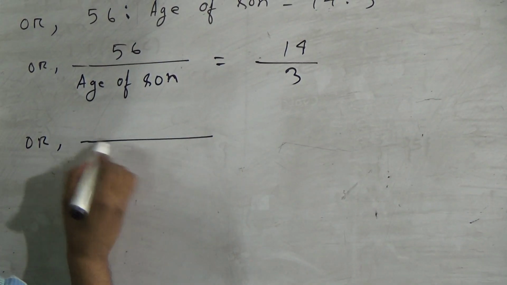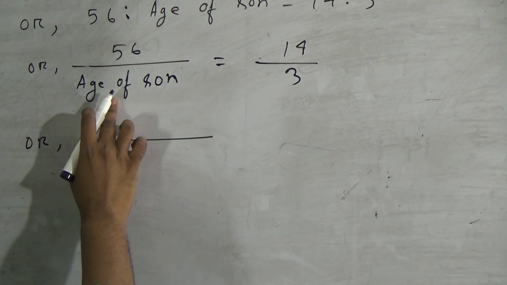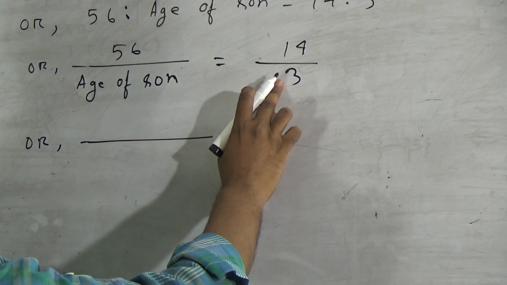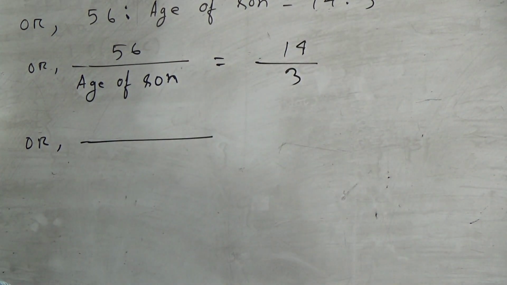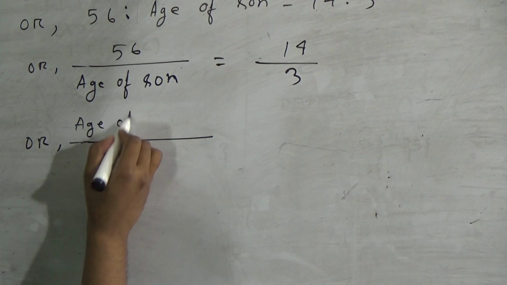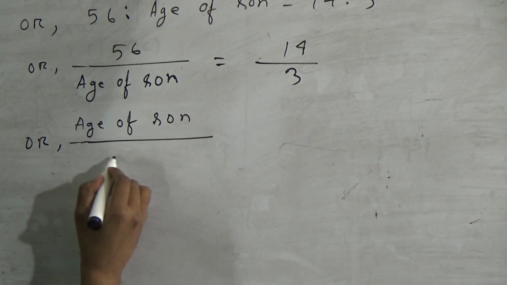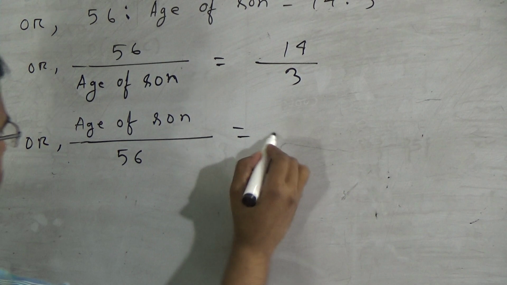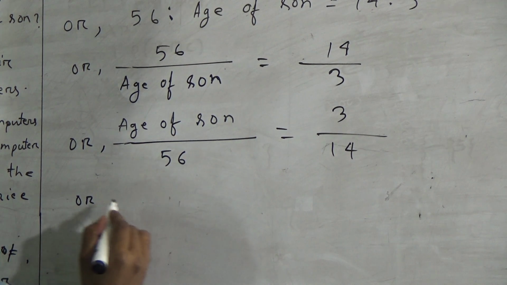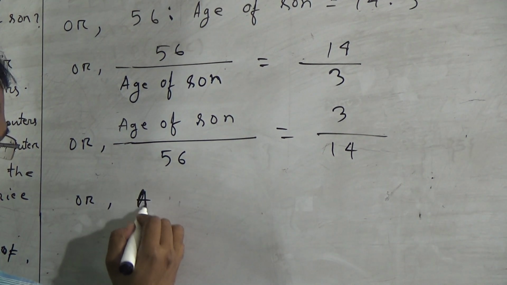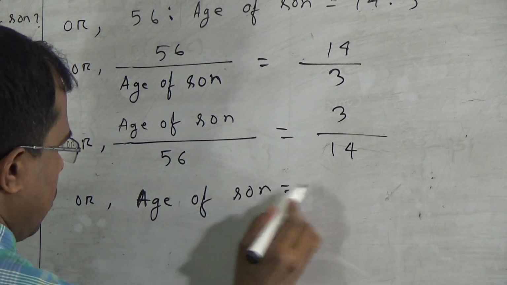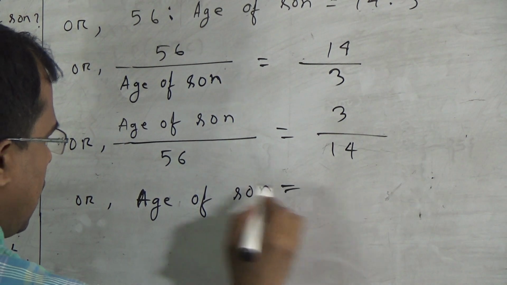So we will convert this denominator as numerator and this numerator as denominator. In this part also we will convert this denominator as numerator and numerator as denominator. That means in the upper portion we will write age of son, in lower portion we will write 56. Here also in upper portion we will write 3 and in lower portion we will write 14. Now therefore age of son equal to, we will send this 56 to the right hand side and it will be,